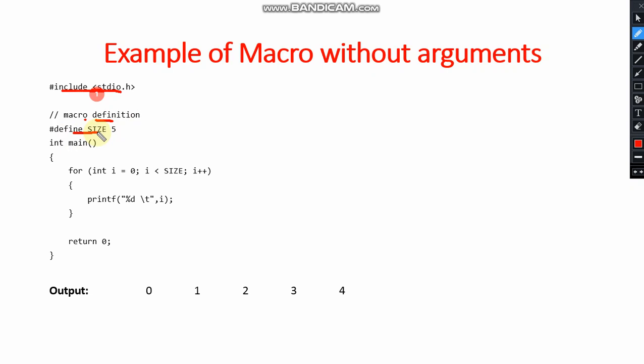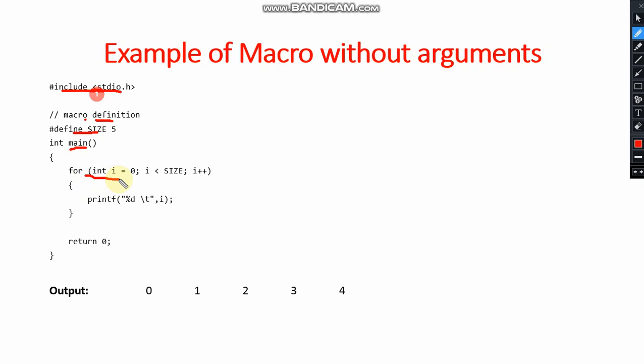After defining the macro, we use the main function. Then we have used a for loop. The loop starts from 0 and ends at 4.